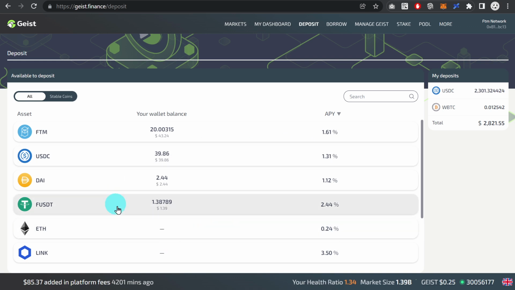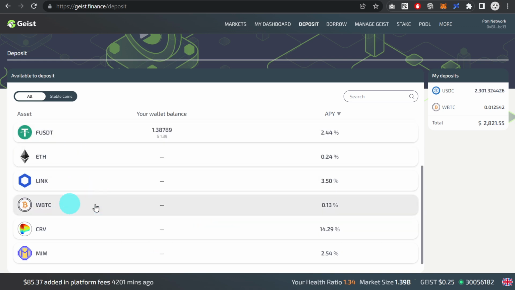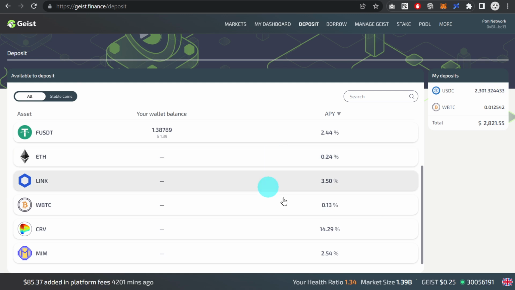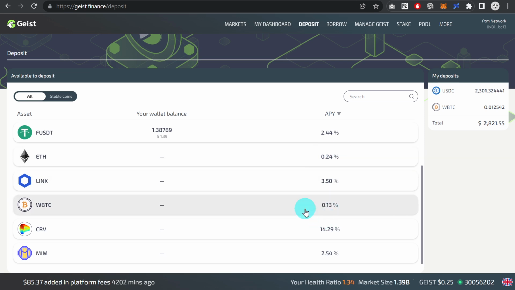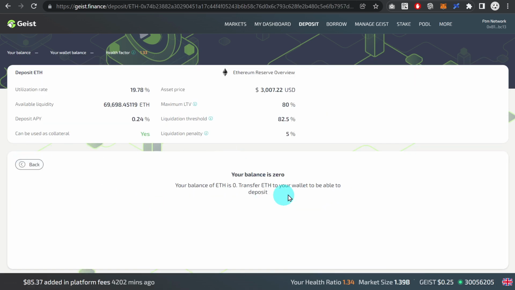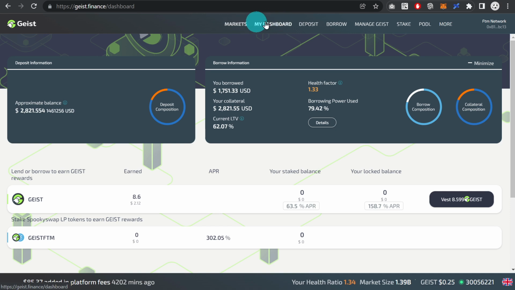But that's pretty much typical for Ethereum and also for wrapped Bitcoin. These returns are usually relatively low because a lot of people are willing to hold these over the long term. And thus the supply of those assets on borrowing lending platforms is relatively high. So you click over here and then you deposit your Ethereum. Now, once you've deposited money, what you will see here in the dashboard is that your collateral balance goes up. And with that, you can borrow against that collateral.